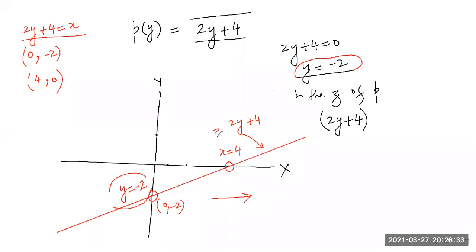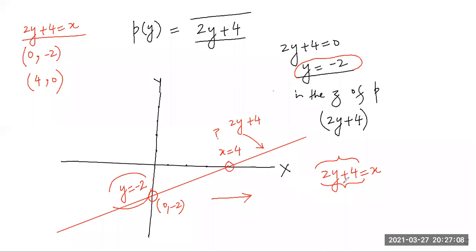What does that mean? Well, don't twist your mind. Maybe see it again and again. Believe me, rewind the video, see it 2-3 times. You get something interesting. So we had 2y plus 4 is equal to x. If we wanted to find out where was the 0 of this polynomial, we simply see the y-intercept, right? That was y is equal to minus 2. Now here x is equal to 4.